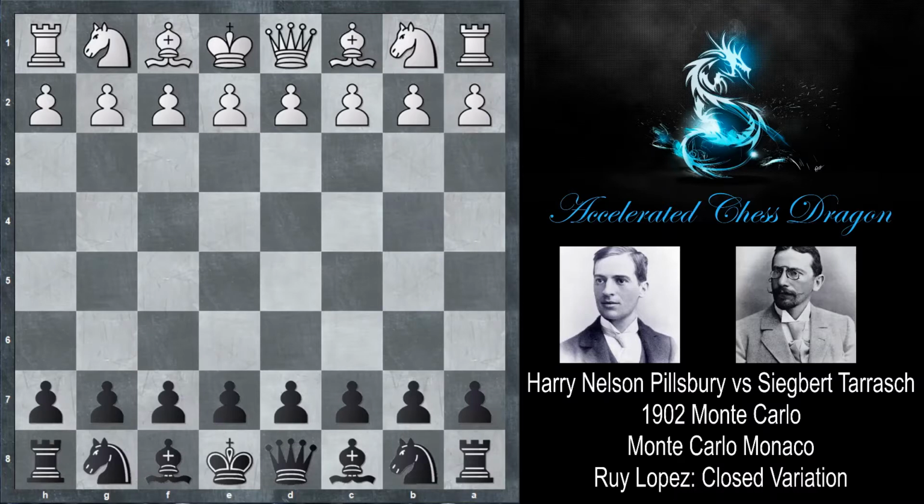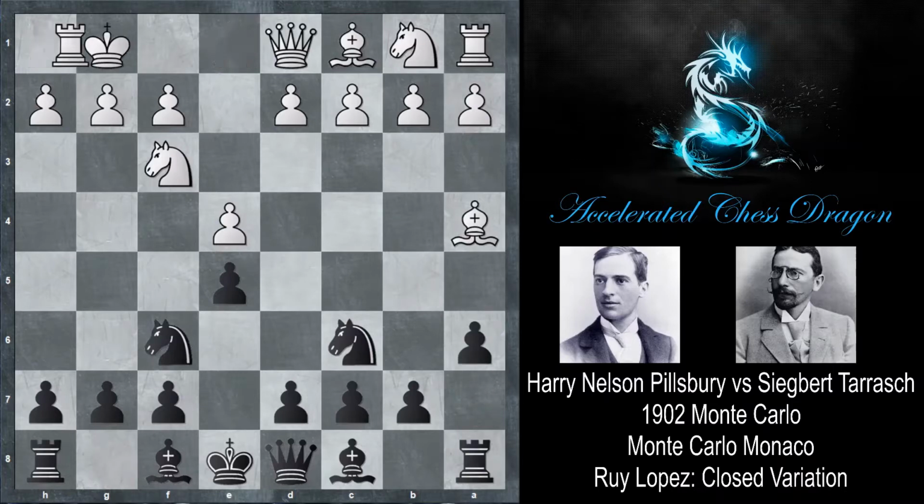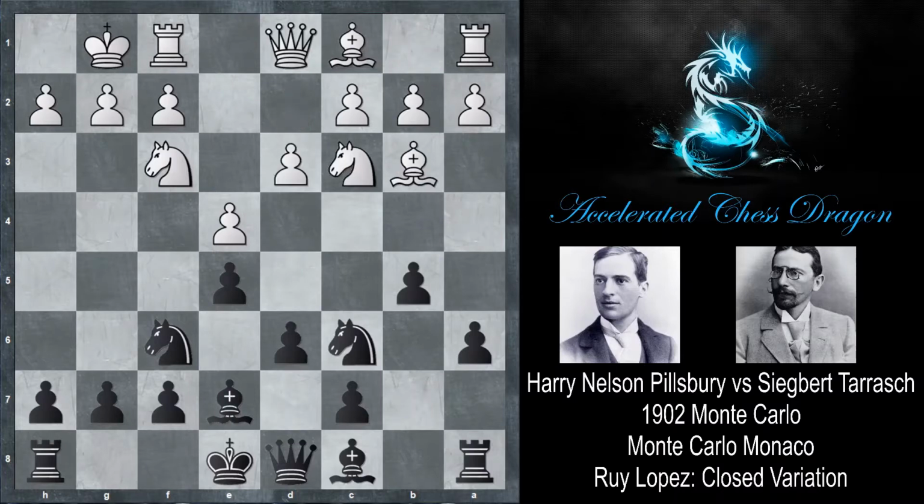Pillsbury starts the game off by playing the move e4, and now e5 by Tarrasch. Knight f3, knight c6, and now bishop to b5, so the Ruy Lopez. a6, bishop a4, knight f6, and after a few more moves of theory, we get to the closed variation of the Ruy Lopez. Knight a5 by Tarrasch, attacking the bishop on b3,